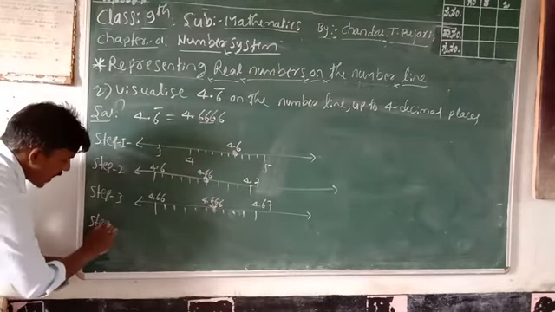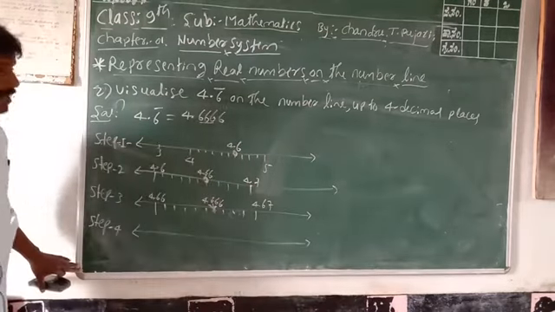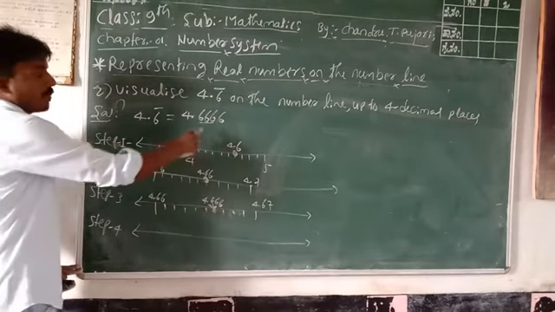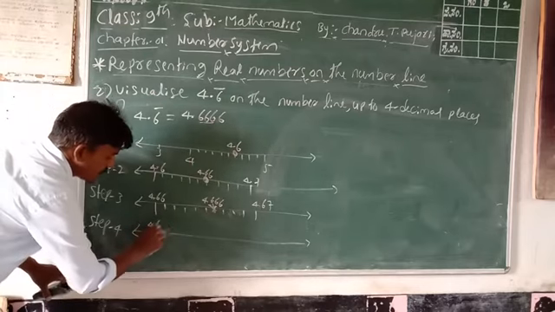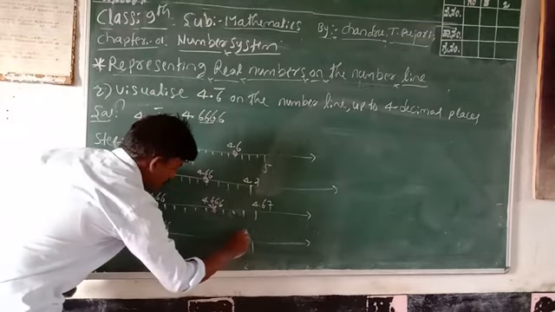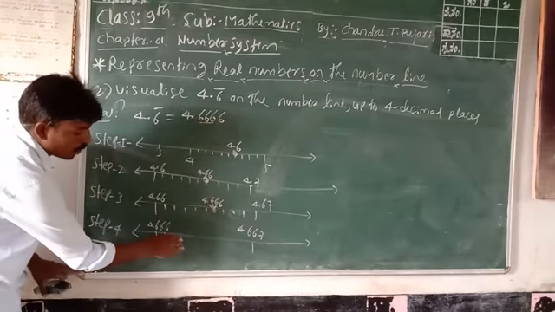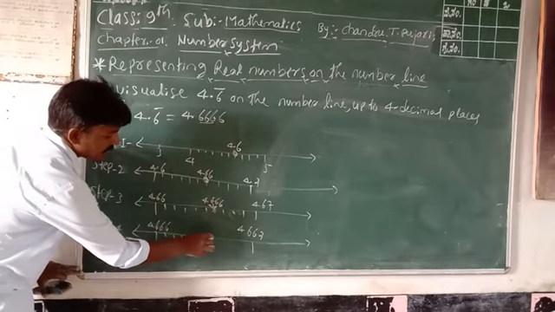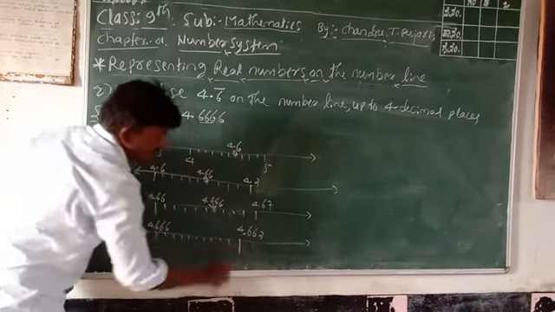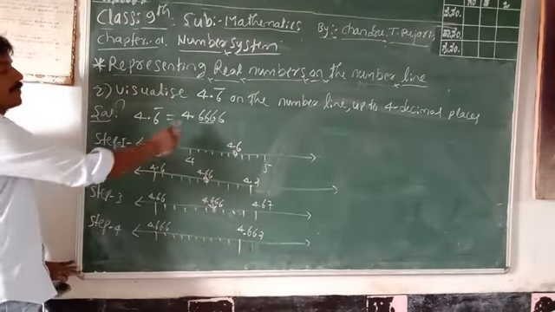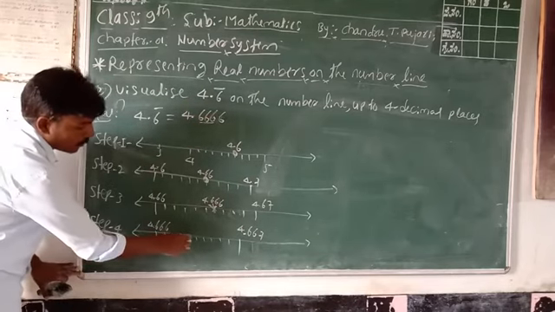The last step is step number 4. Again, draw a number line for the decimal number. Mark 4.6666 with the digit 6 repeating four times. This number lies in between 4.666 and 4.667. Divide into 1, 2, 3, 4, 5, 6, 7, 8, 9, 10 parts. Consider 4.6666, with 6 four times: 1, 2, 3, 4, 5, 6.